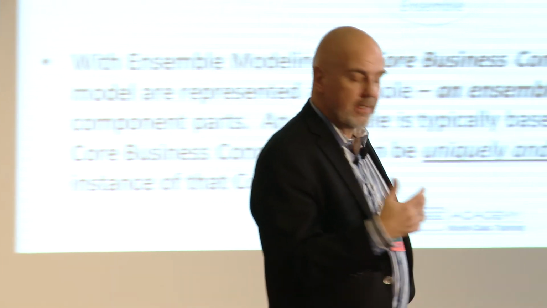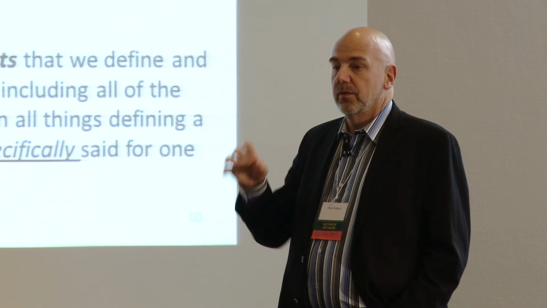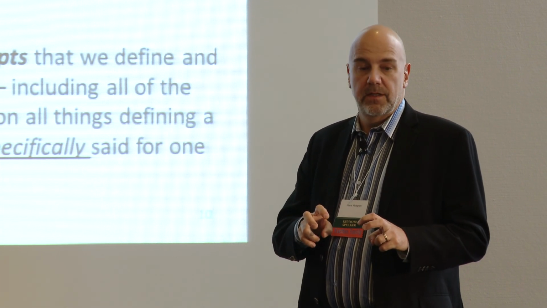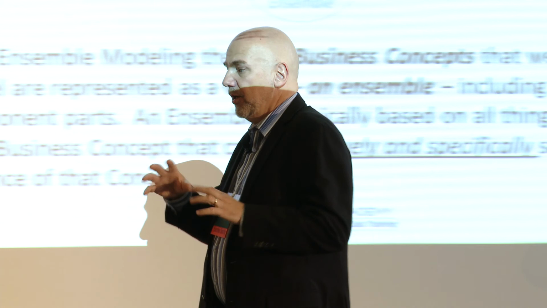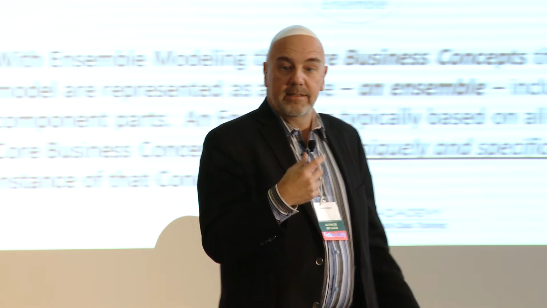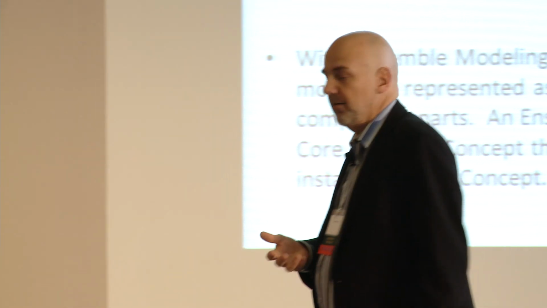Ensemble modeling is a family of modeling techniques. You could say it's a modeling technique of its own, but it's a family of modeling techniques that really take into account representing a core business concept like customer, like product, like whatever, right? And putting it into a constellation, and every part of that constellation has a key dependency with one key. So it will act as if it were part of an entity. It will act as if it were part of a dimension. But physically it's being split out.